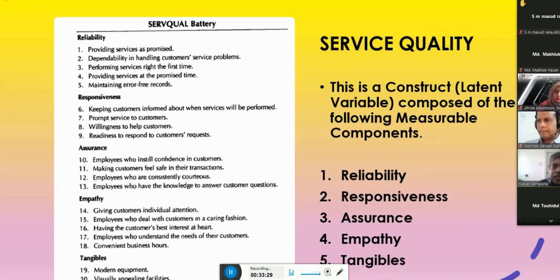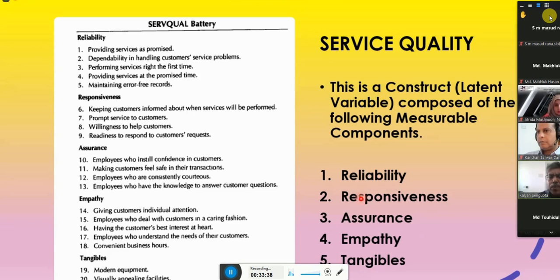These are well experimented and well researched for long years by them. These 5 different constructs or dimensions measure the service quality as a whole. Normally, we ask questions to the clients or customers related to each of these, and 1 or 2 questions are there.